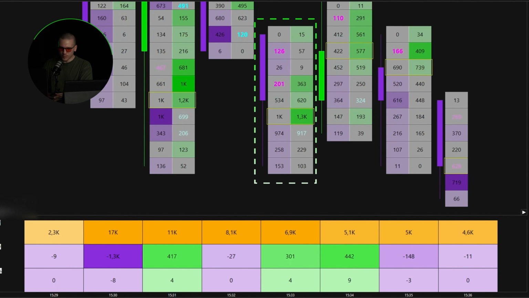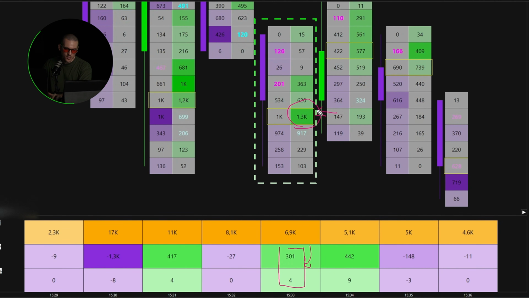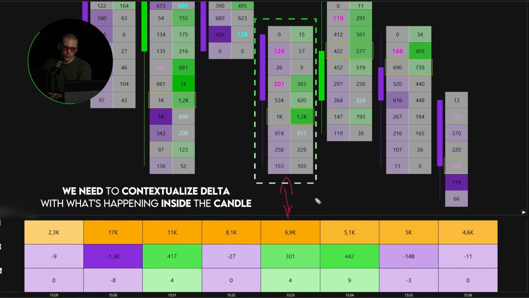So the true selling pressure was here, where sellers were blocking the rise of buyers. Then the buyers did some momentum ignition before giving up again. So we always have to contextualize what's happening in the footprint: where the actual absorption is happening. So even though there is a high delta, sellers are still in control in this candle. That's why, as you will see later on in this video, we need to contextualize delta with what's happening inside the